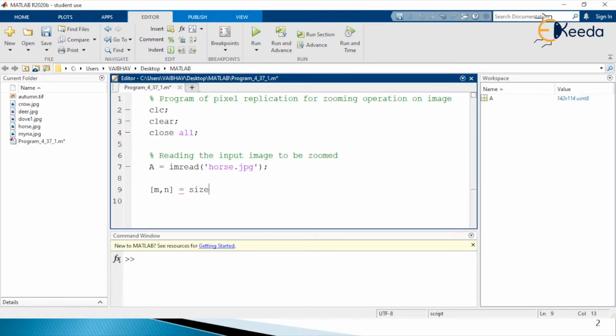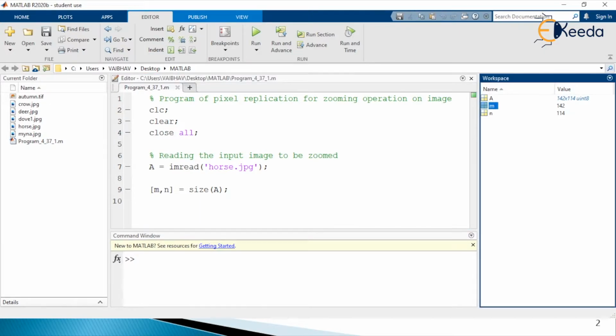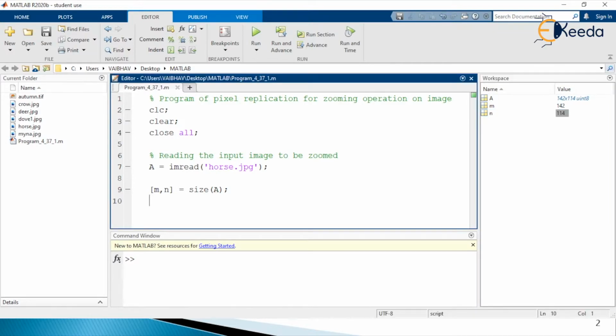With the help of the size command, where the input is capital A, the input image to be zoomed here, we have the dimensions generated. So let us save this and execute this. In the workspace you see small m holds 142 and small n holds 114 as the value here. So after getting the two variables generated holding the two dimensions, now we start the exact zooming operation.